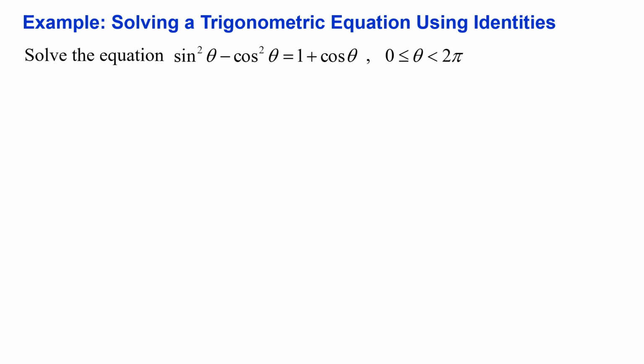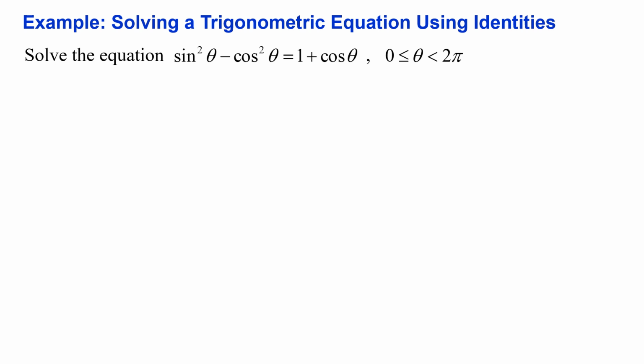Let's consider an example. This problem asks us to solve the equation sine squared theta minus cosine squared theta equals 1 plus cosine theta in the interval 0 less than or equal to theta less than 2 pi. This equation is quadratic in form. However, the presence of both a sine and cosine function makes previous techniques, such as factoring, not possible to use, at least initially. We need the equation to contain only sine terms or only cosine terms if we wish to